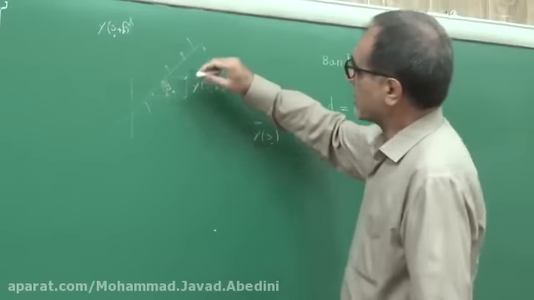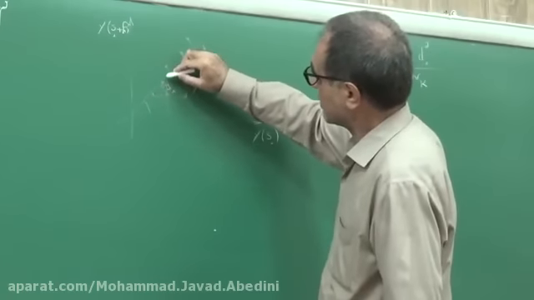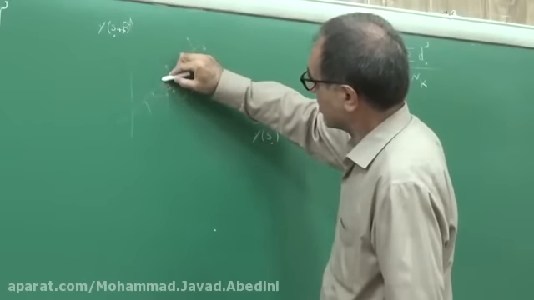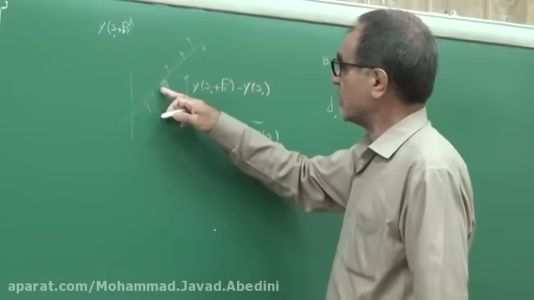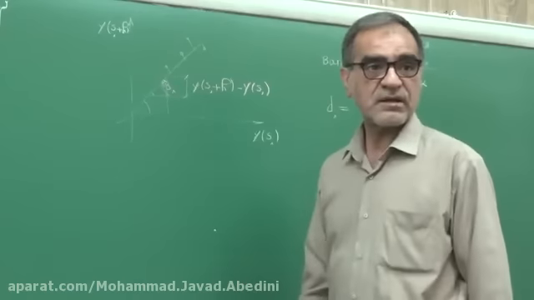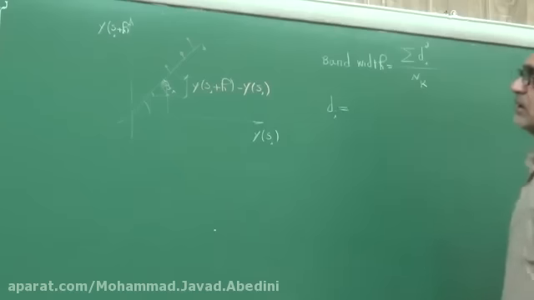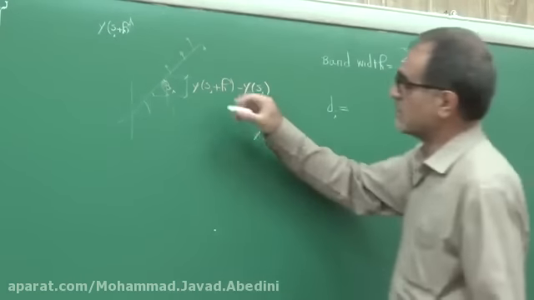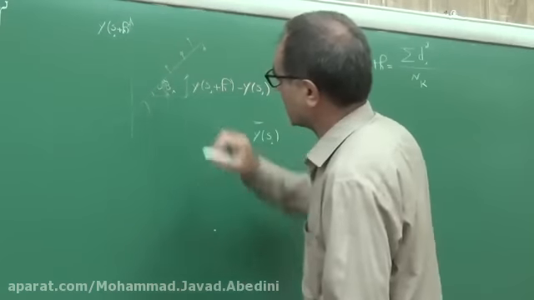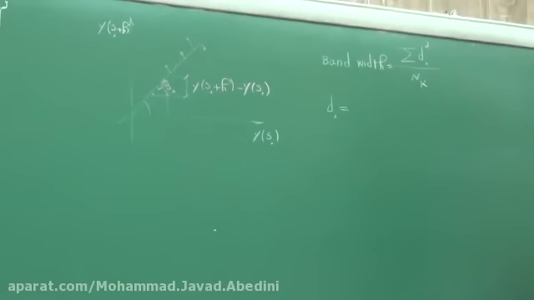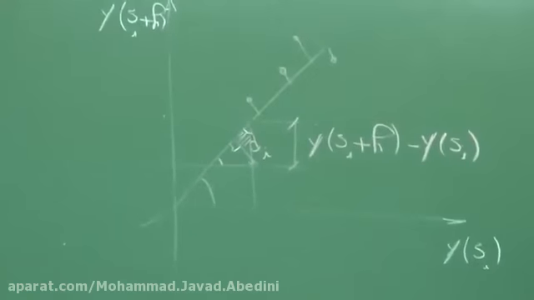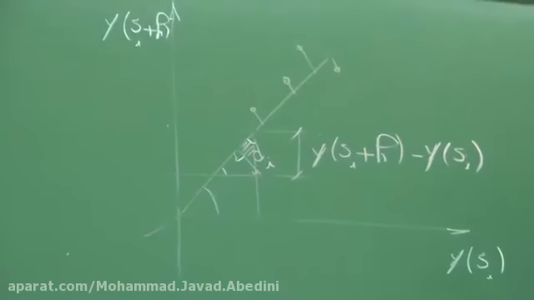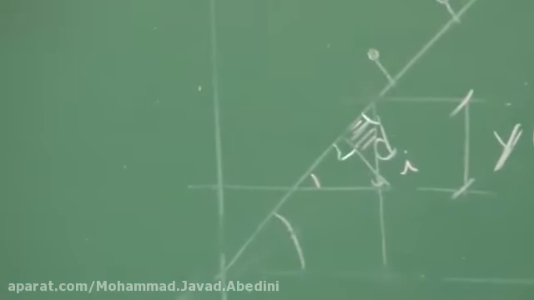Because cosine of this angle, which is 45, is equal to this divided by di. This is for 90 degrees. Okay? Therefore, di can be written as